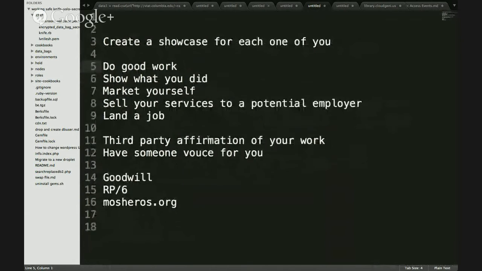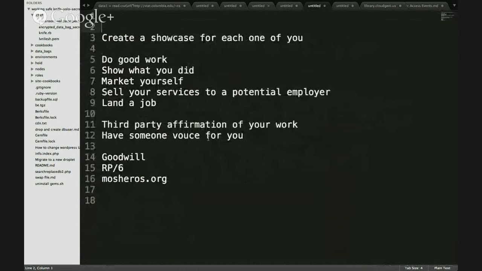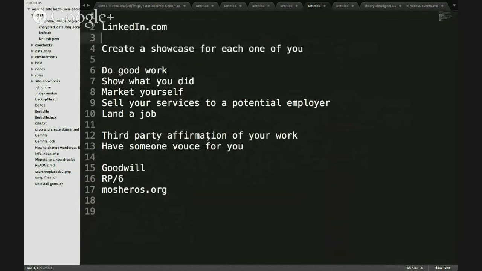Now, how do we do that? By setting up our own little cloud network that we just created, right? Yes, we can do that. But you can create a beautiful piece of art and hide it in your closet, and still nobody would see. So what do we do? Get those people that we help to post something nice about us on LinkedIn.